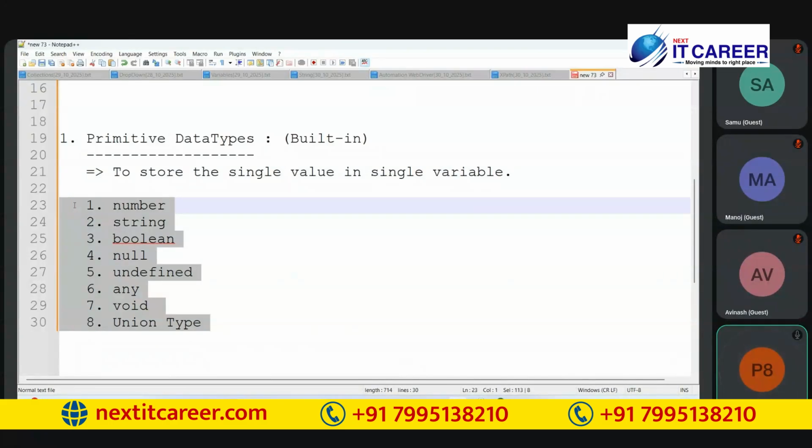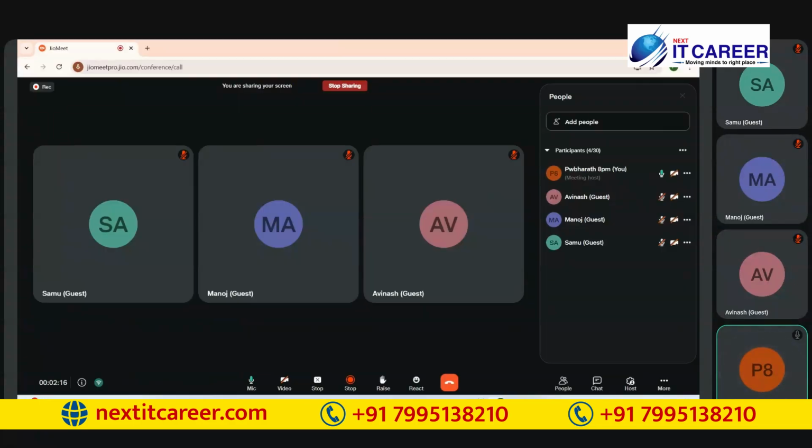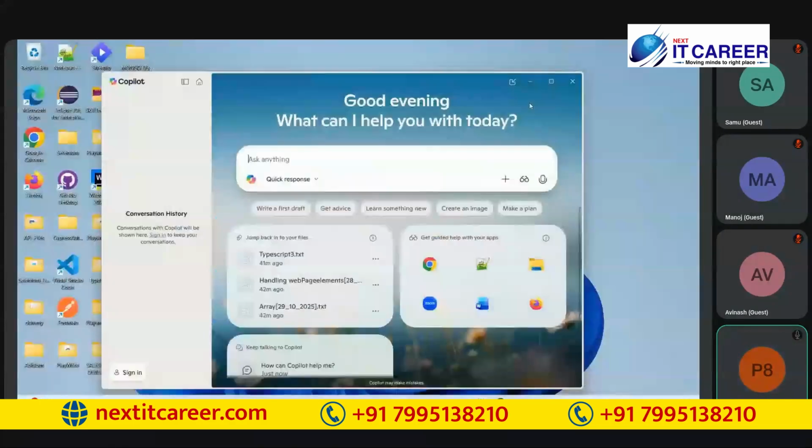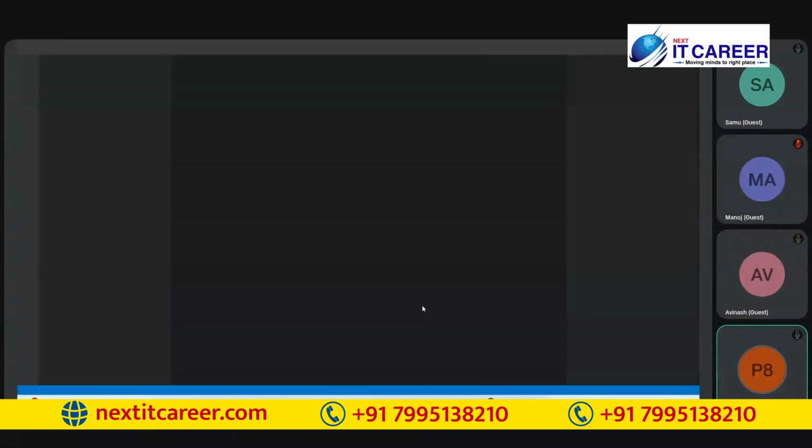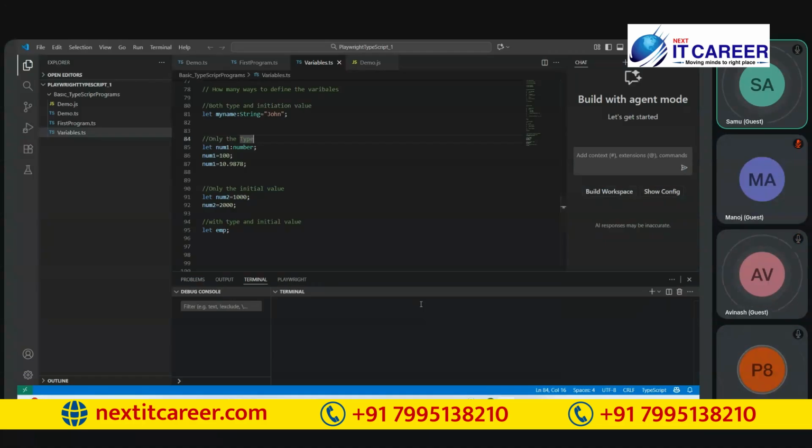So when we discuss these data types, we need a VS Code editor. Guys, I hope you are not facing any issue, right? Yes, sir. It's clear now. Yeah, thank you. When writing TypeScript scripts, we need the Visual Studio Code editor. Here I have opened my VS Code editor and will create one TypeScript file to discuss the data types.